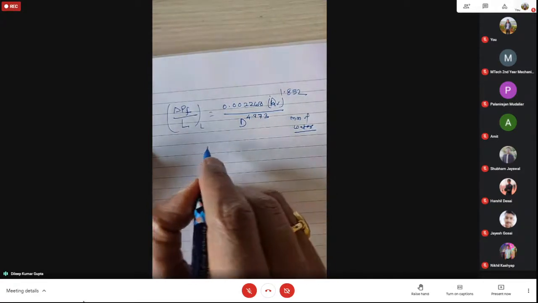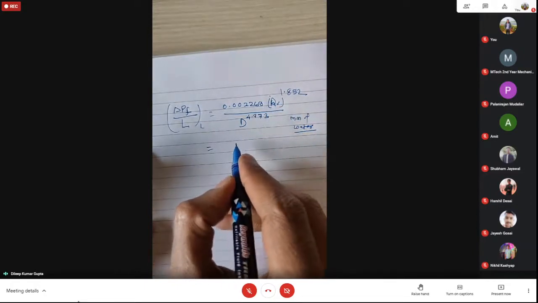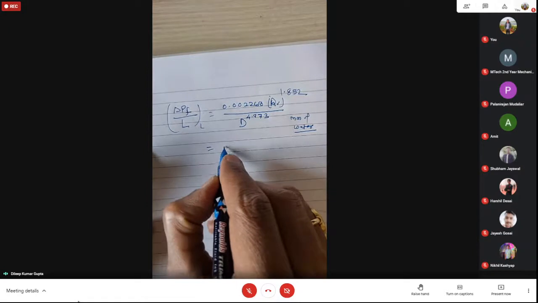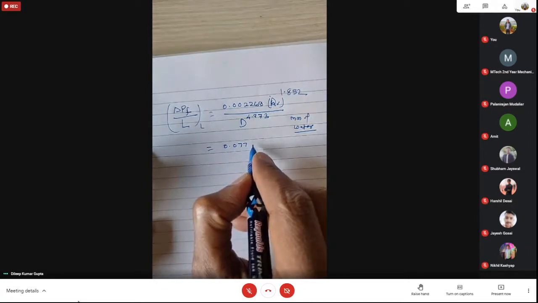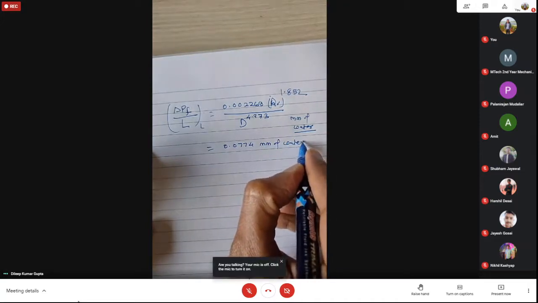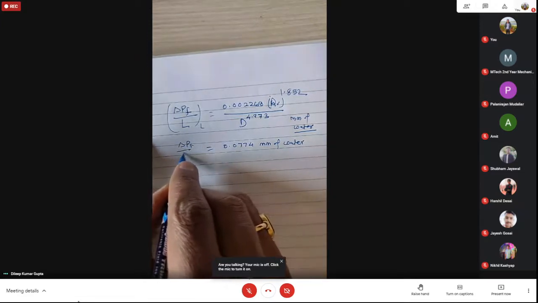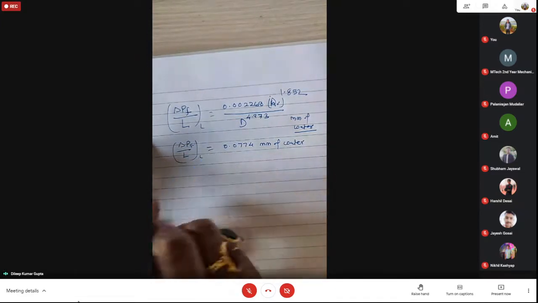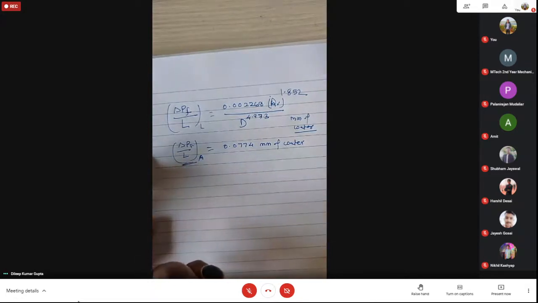So now using this, you have the value of QA and DA. Refer to this value and you can find out the pressure losses per meter length, which will be equal to 0.0074 mm of water column. This is the delta PF divided by the per meter length of losses for A basically. And these will be equal throughout the system.